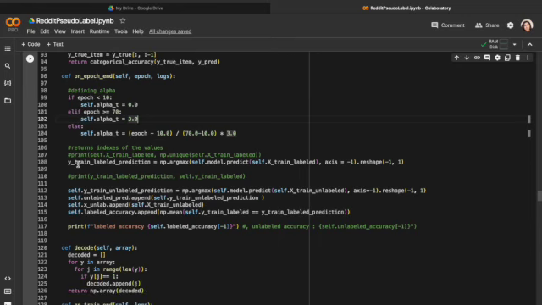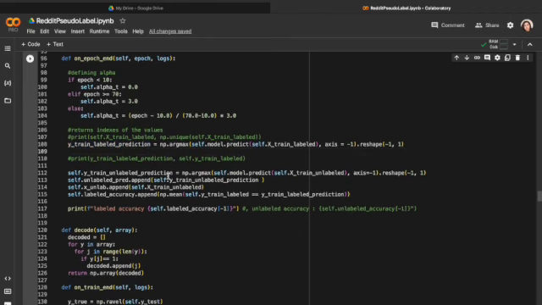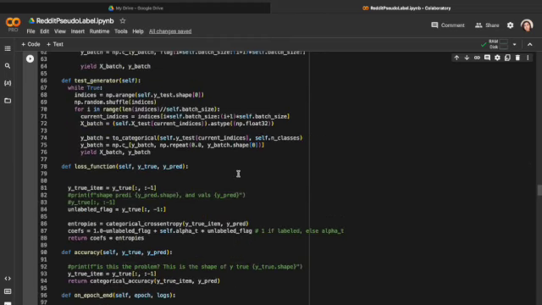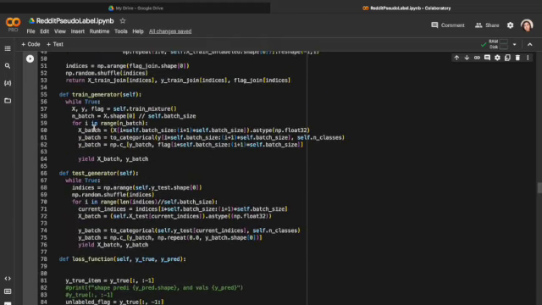Then I keep track of the label prediction and also the unlabeled prediction just to see what values are added. So here something interesting is happening at the train generator.